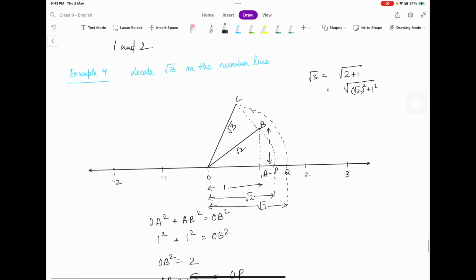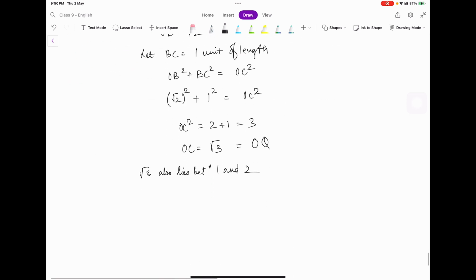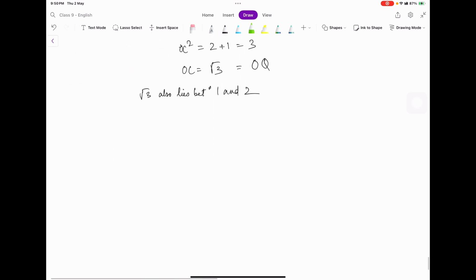This you found out. Okay, on the number line, these are the two examples. That is example 4. Then we will go for the exercise. Okay, exercise. This is the second exercise of NCERT. First question is,